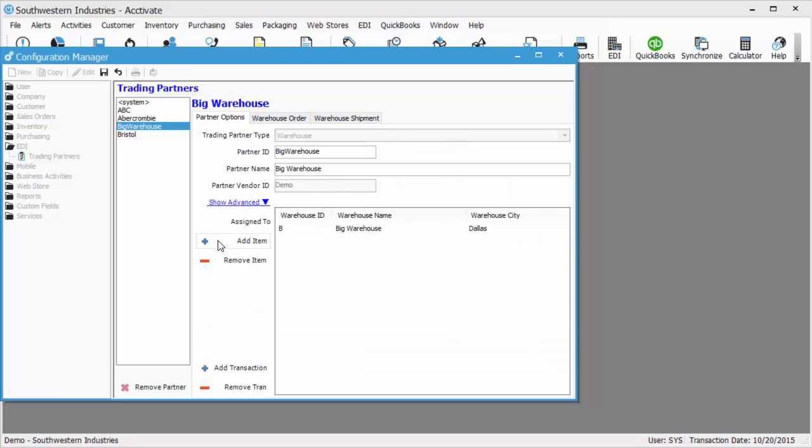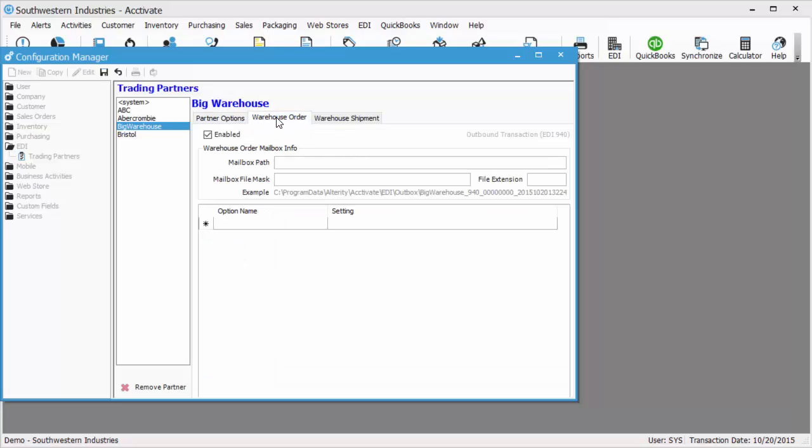You'll be able to add warehouses. So if you have multiple warehouses, or if you have multiple Acctivate warehouses for your one 3PL warehouse, maybe the 3PL has different locations that you want to send to, you can add those here, and it'll all go to this big warehouse partner ID, just kind of like what we have for the customer trading partners. Okay, and so for the warehouse order,